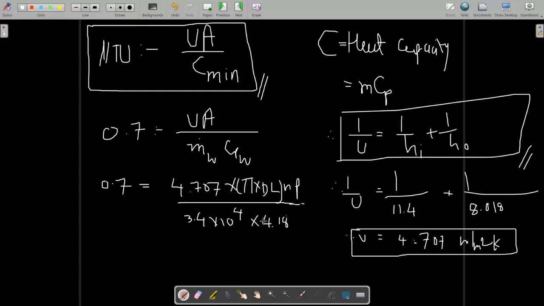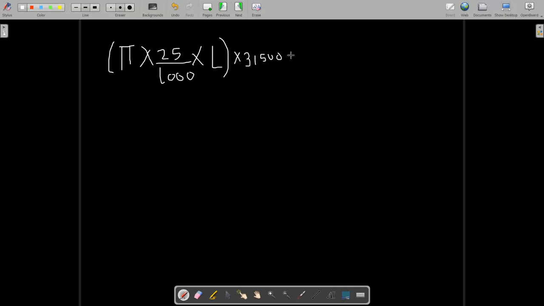So when you put all these values, we have pi, diameter 25 mm, so 25 divided by 1000. L we have to find. Number of tubes is 31,500, and 2 passes, is equal to 0.7 multiplied by 3.4 into 10 raised to 4 multiplied by 4.18 divided by,